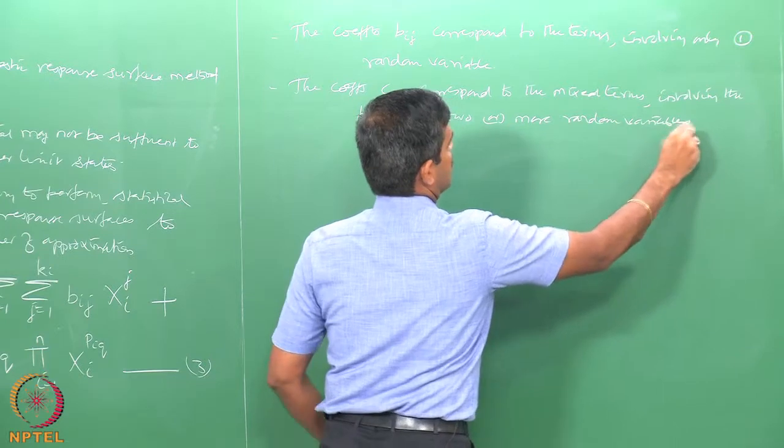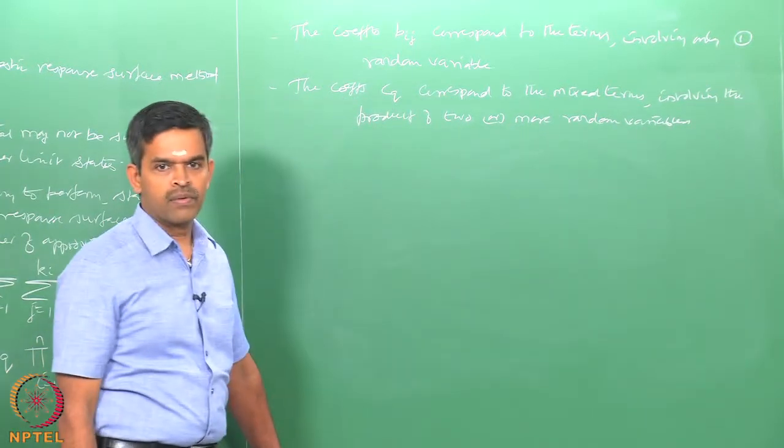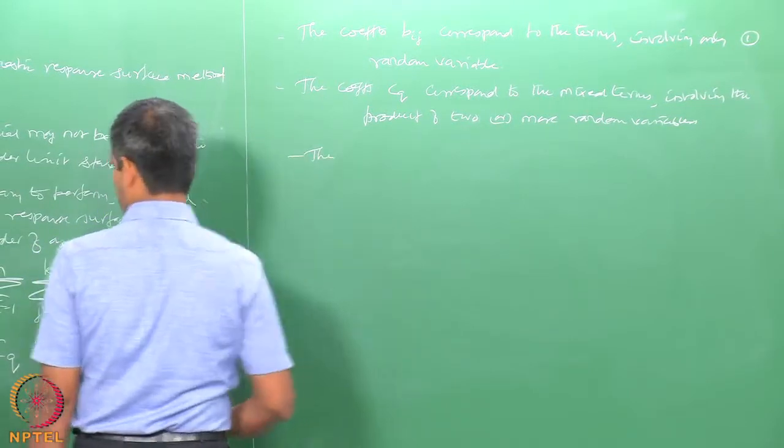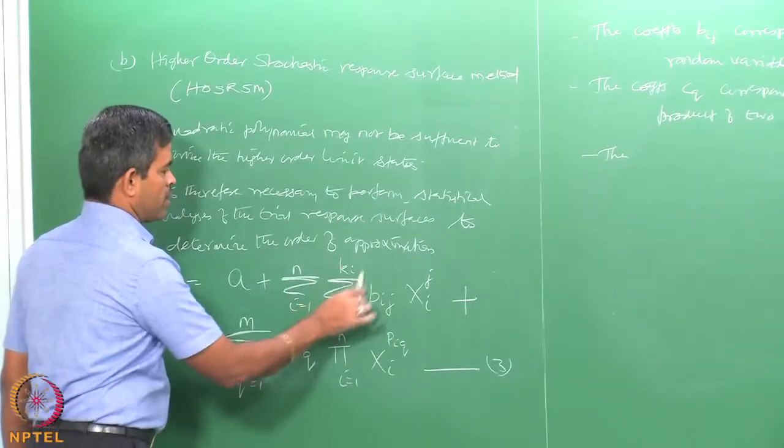So, therefore, higher order comes into play here. The polynomial order k,